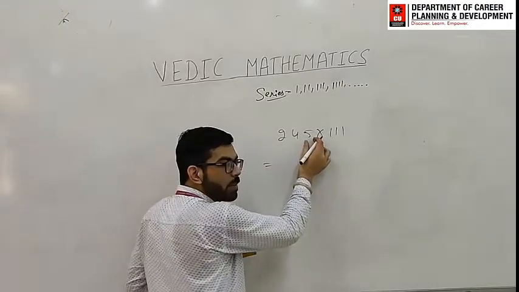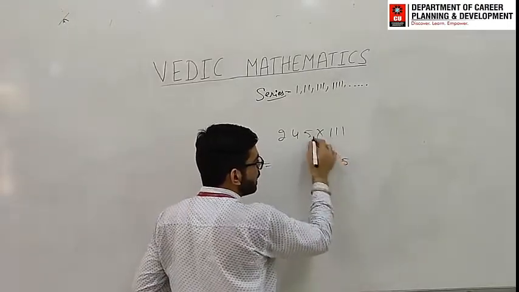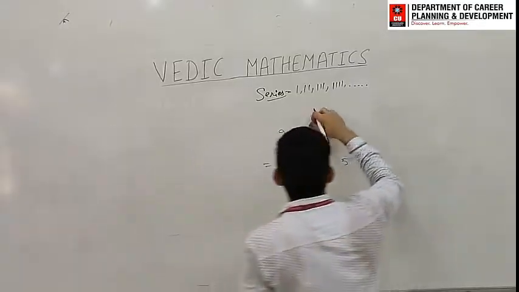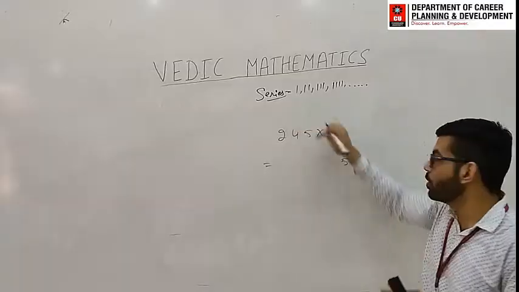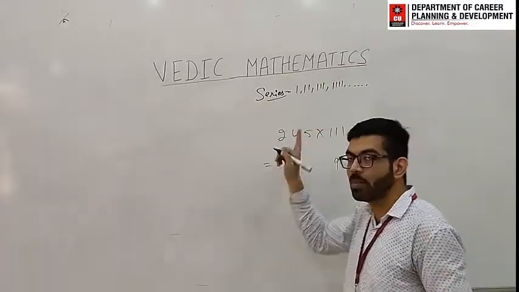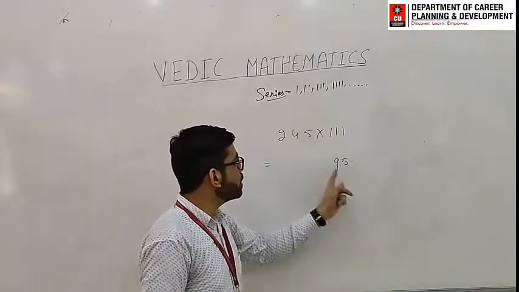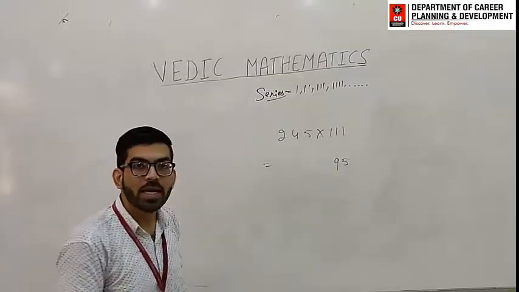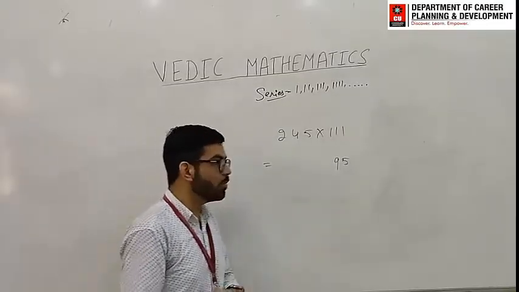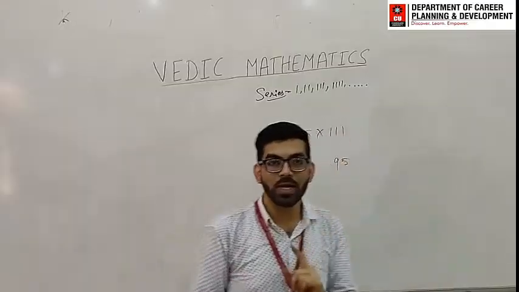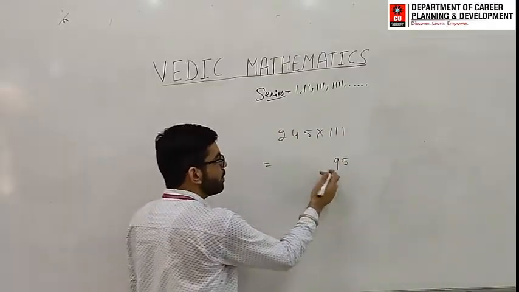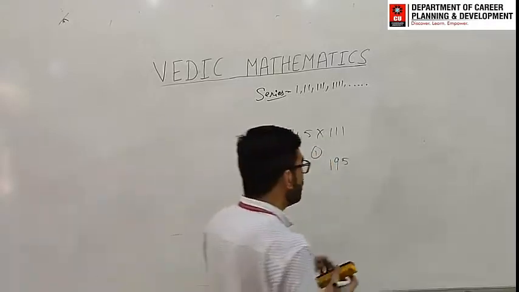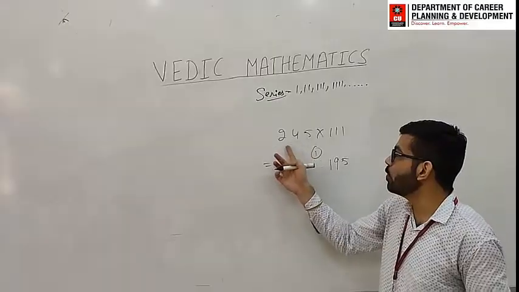That means starting from the right hand side, the last number is 5. Last number as it is, that is 5. Next number will be 5 plus 4, that means 9. We have to add one by one. Next number is 5 plus 4 plus 2, that is 11. Now 11 is there, but remember one thing, here you have to write only one digit, the unit digit. That means 1 will be written here, and 1 will be carried forward to the next number. We have written 11, which is 5 plus 4 plus 2.